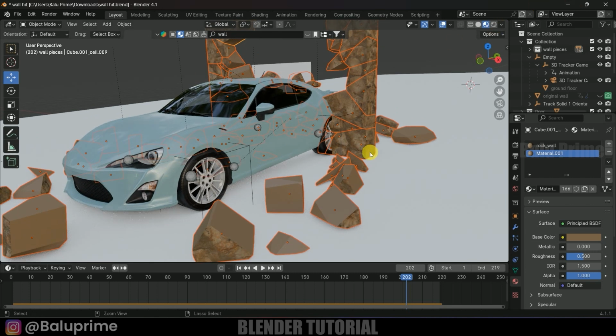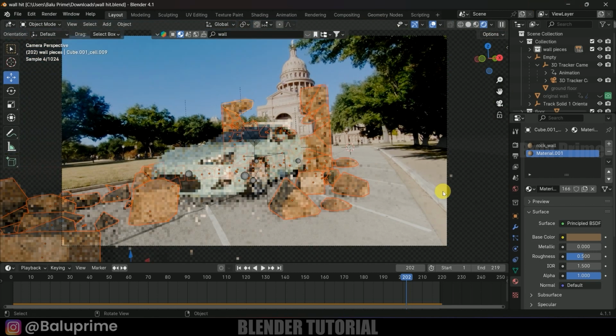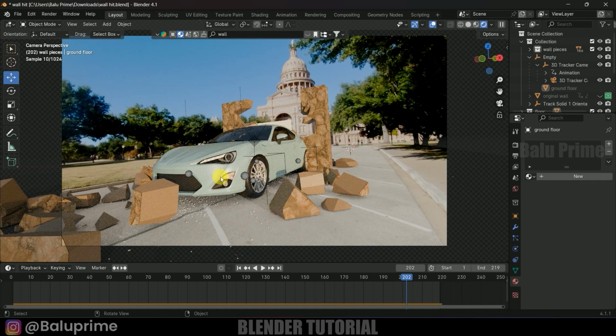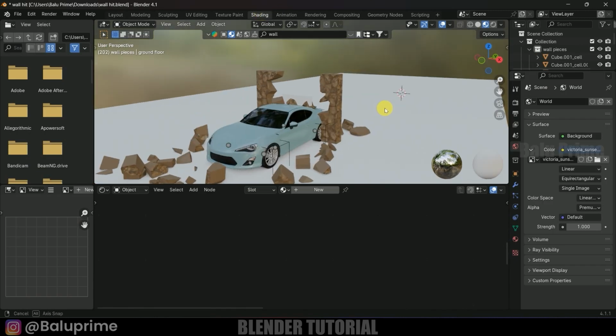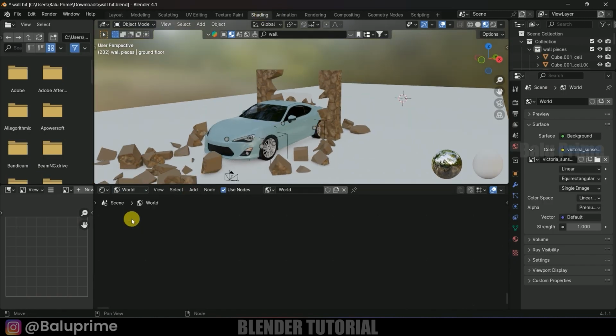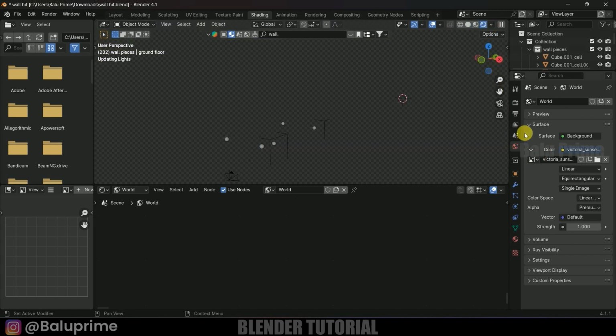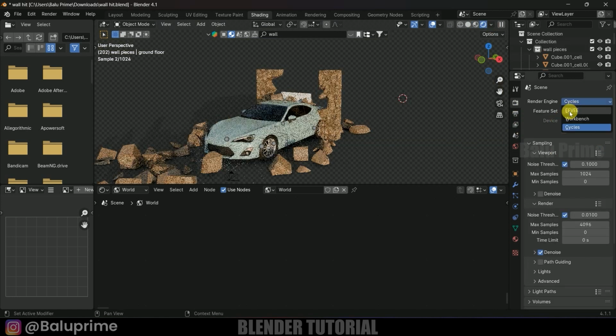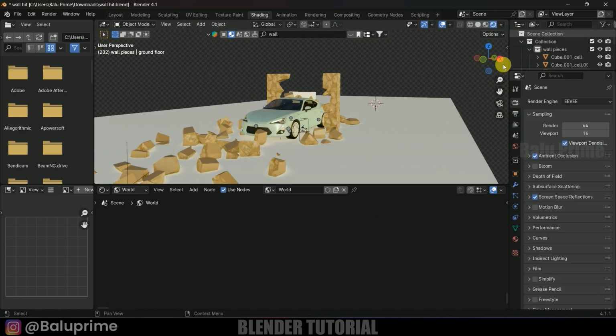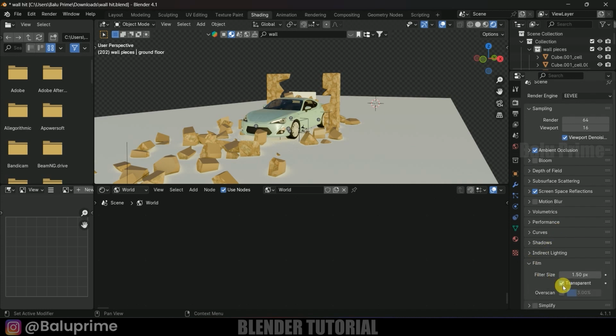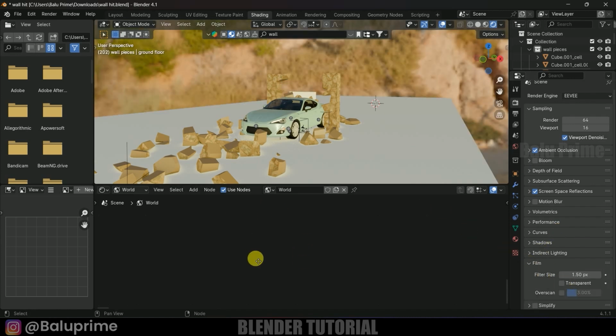Now save this one, go to this render. So here the shadows are falling in that way, right? So if you want to rotate the shadows, we can do that. So go to the shading option, change this to world properties. Let's change the render engine to EEVEE, and come to this film option and change this to transparent. Now let's rotate the